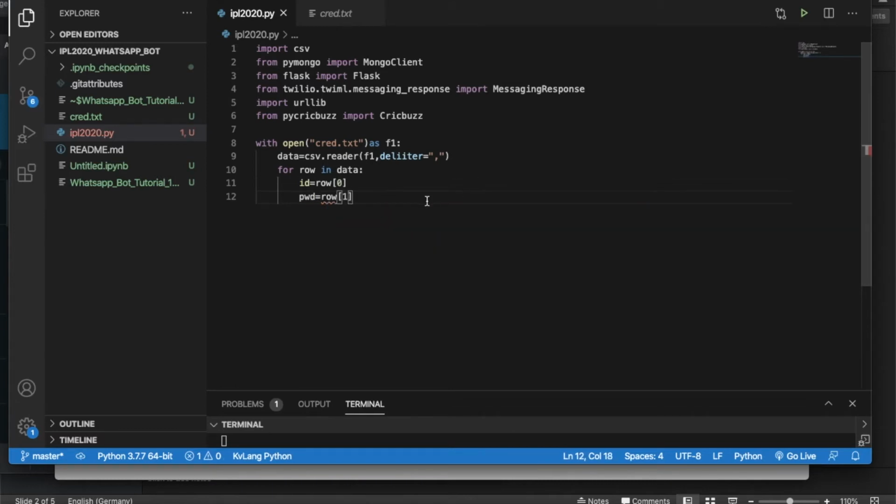I'm just reading the user ID and password from the CSV file just to establish the connectivity with the database.